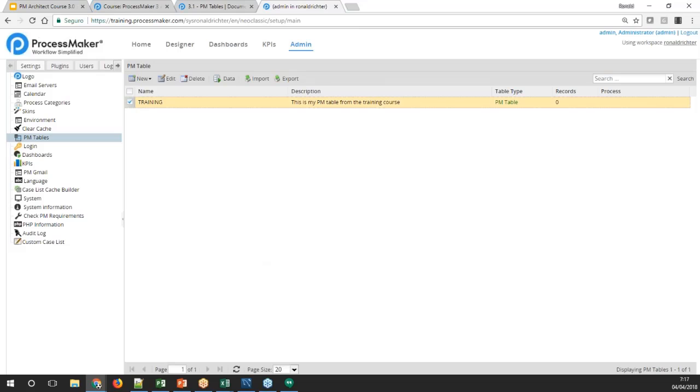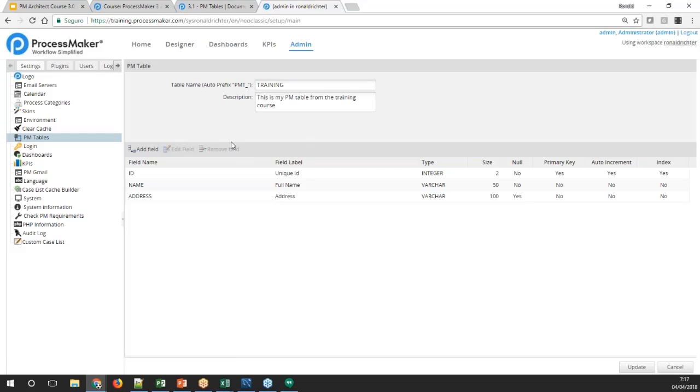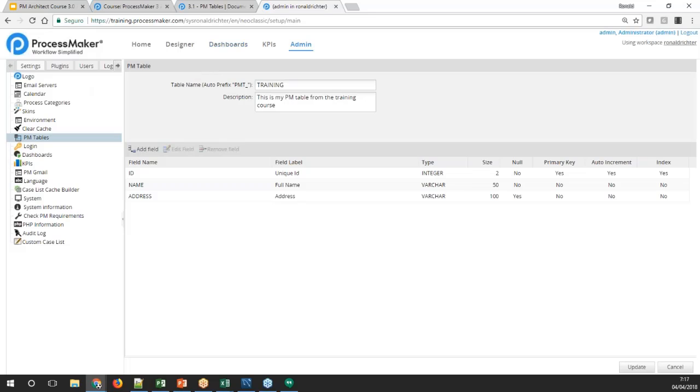Okay, so at the moment, if I open the editor again, note that there isn't any kind of warning message. As we can see in our documentation, we have a warning message when we try to open and edit the table. In this case, this is not happening for us, and this is because we still don't have data in our PM table,